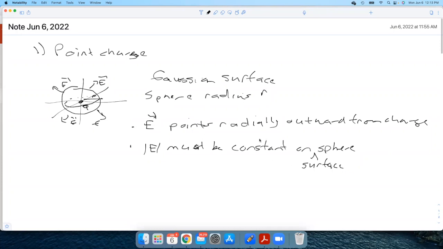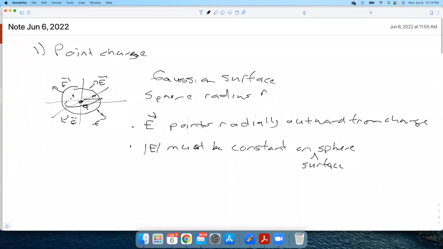Just a logical argument. Nature doesn't know which way I put my z-axis. It wouldn't make any physical sense for the electric field to be bigger up on the top of the sphere than the bottom, because there's nothing special about the top. We said we have spherical symmetry, so the electric field, whatever it is, must be the same everywhere on the